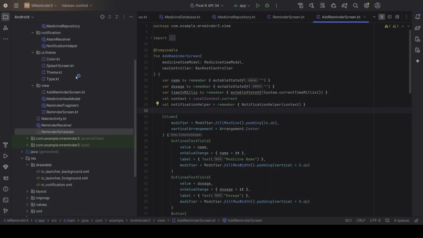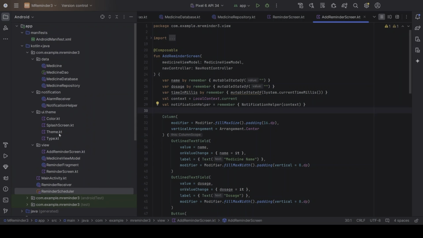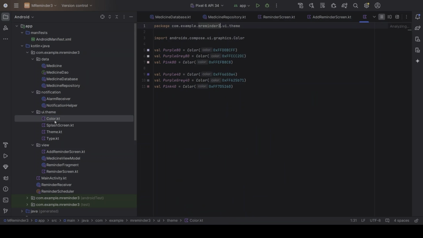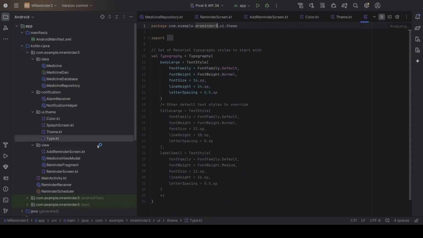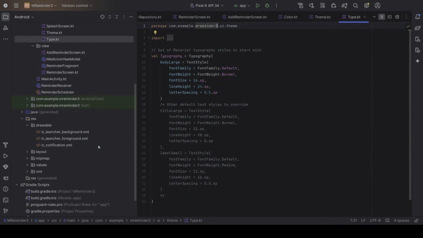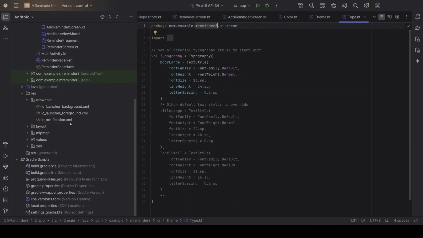Now moving on, we're going to go towards the theme. So basically the main role of the theme is to define the theme for the app using Jetpack Compose. Using the framework of Jetpack Compose, we can customize the color, theme, as well as the typography of the contents in our app. Another important part would be the